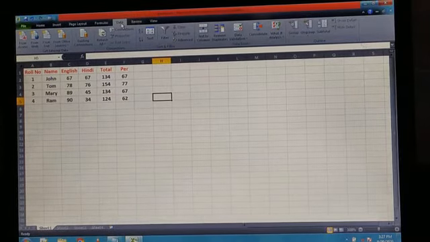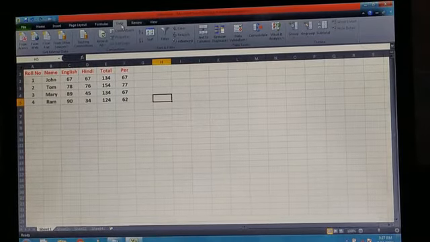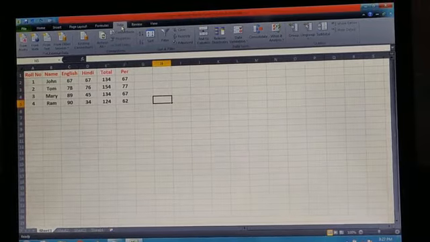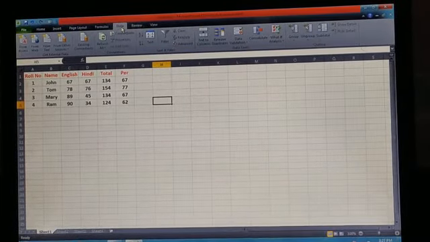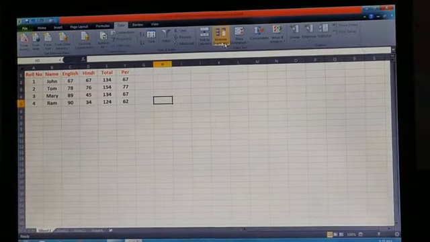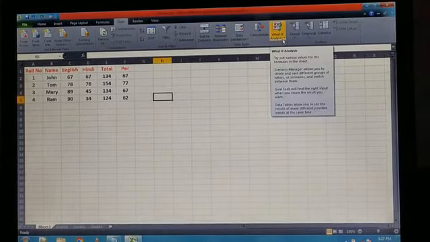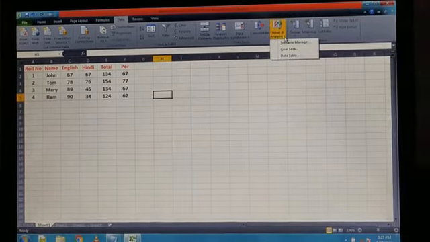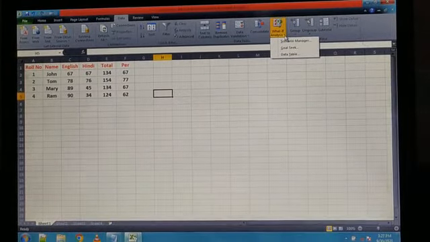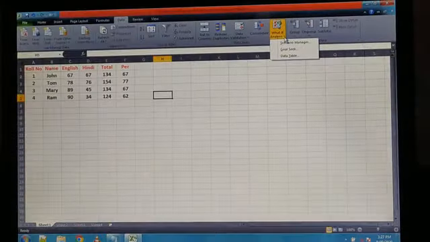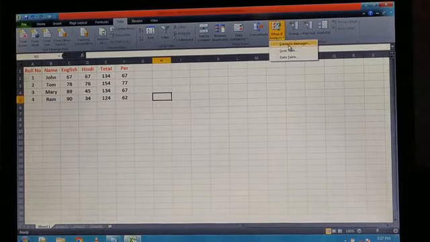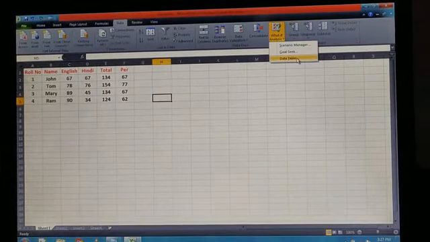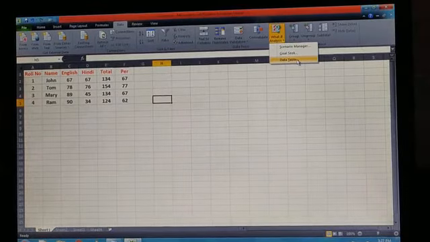After that you have to click on the What-If Analysis button. Yes students, this is the What-If Analysis option. You have to click that drop down arrow. Now there are 3 types of options available, like scenario manager, goal seek, and data table. So you have to click on the goal seek option.